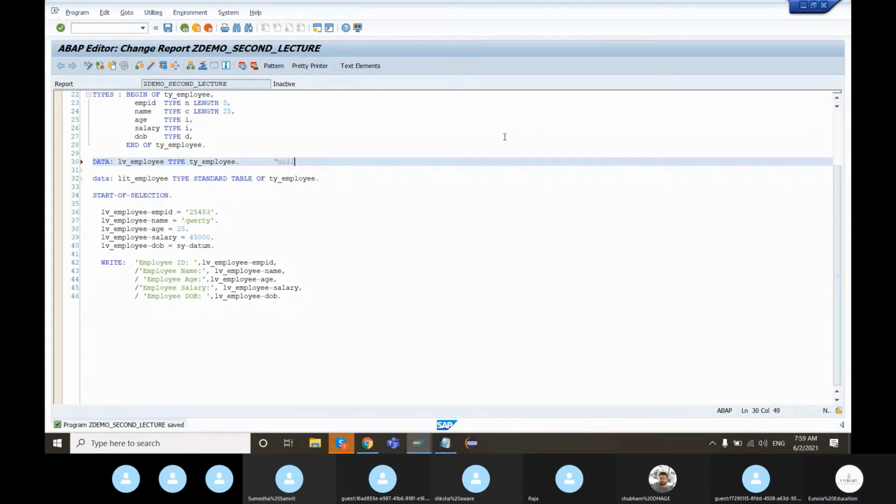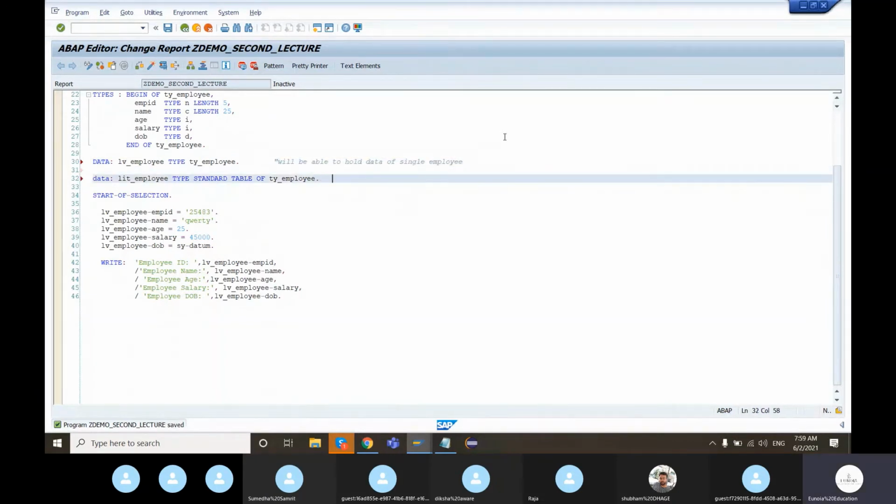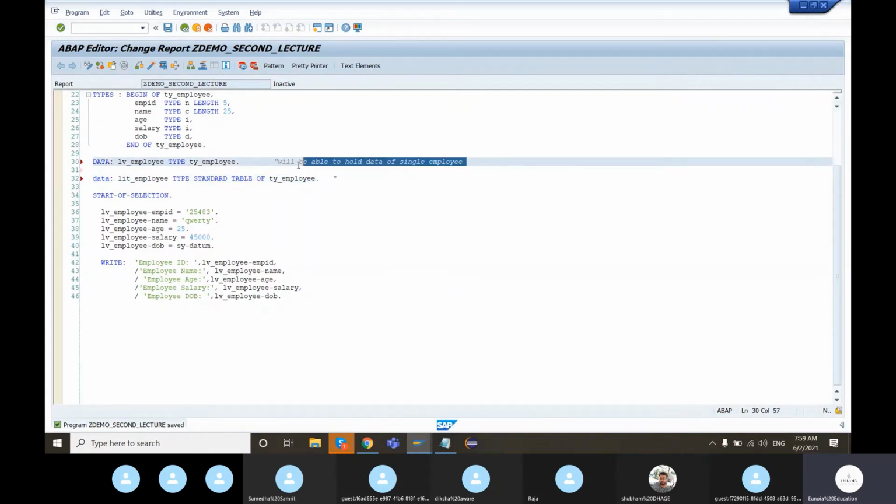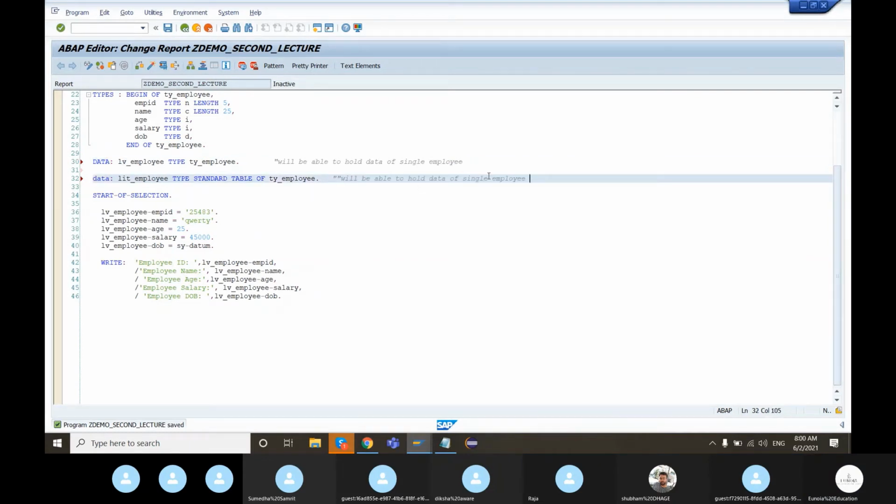And lit_employee, it's an internal table, it's an array, so it's going to be able to hold data for multiple employees.